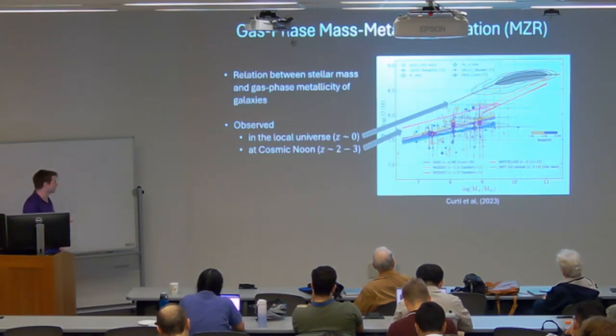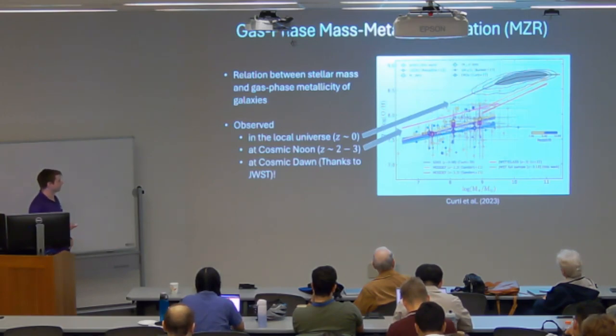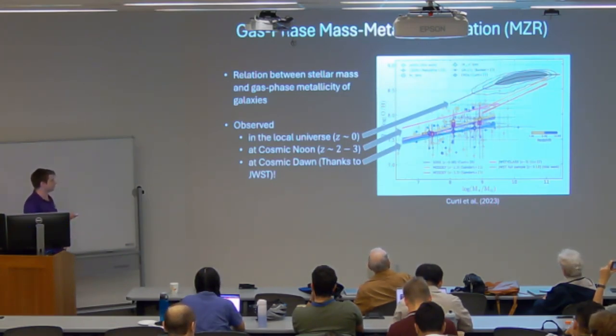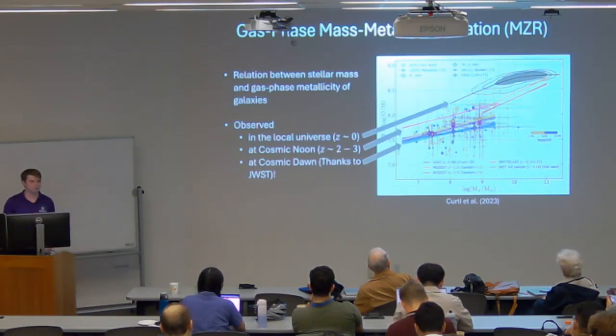And then finally, now thanks to JWST, for the first time, we are making observations at very high redshifts, which characterize the gas phase mass metallicity relation. So here from this Curti et al. 2023 paper, they provide 2 different samples here shown in yellow and blue, with yellow being from redshift 3 to 6 and blue being from redshift 6 to 10. And again, we see this power law relation, but with relatively weak evolution in the normalization relative to what was seen at lower redshifts.